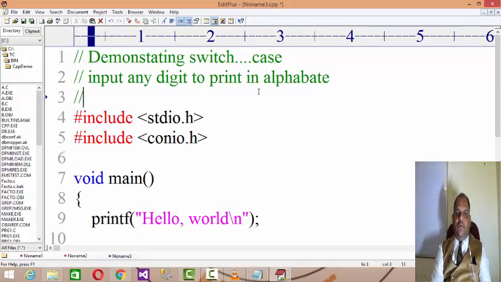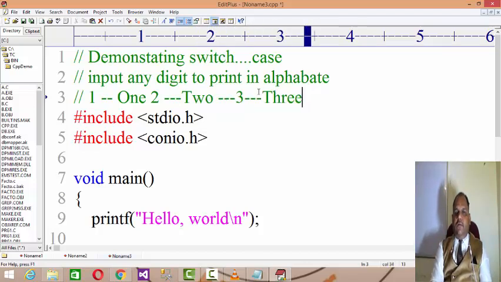As we know, for example, if we input 1, it has to print ONE. If you input 2, it has to print TWO, and if you input 3, it has to print THREE. Right? As we know, every number is a combination of digits, and digits vary from 0 to 9, total 10 digits. Using 0 to 9, all numbers are formed.